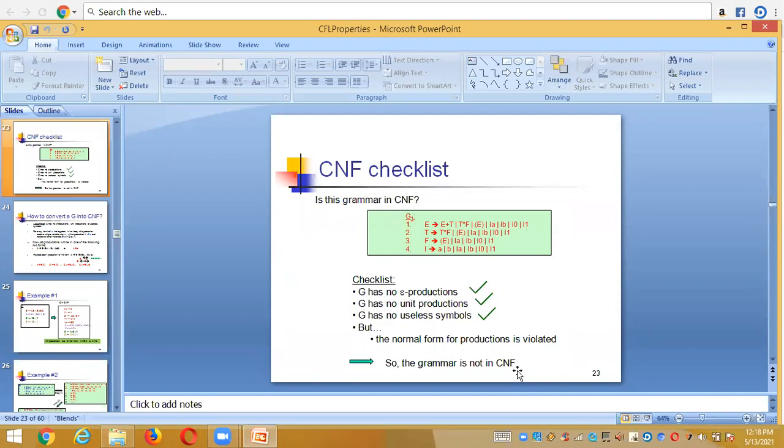This is also a most important point you need to remember when we are converting the grammar into the CNF, right?